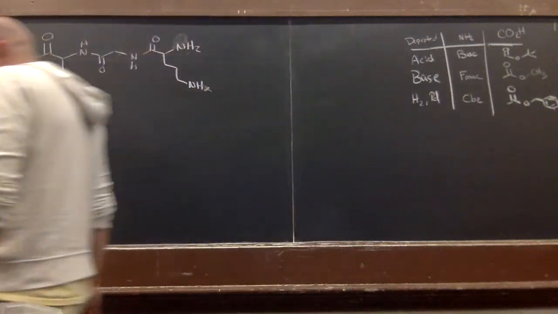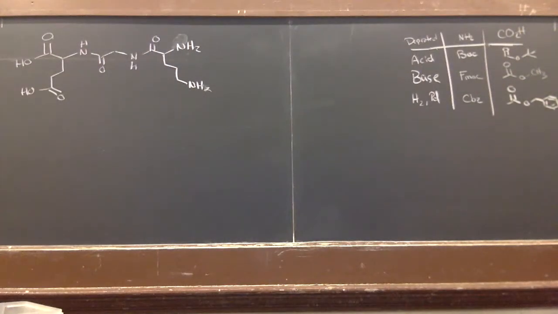So the first thing that we would probably want to do in this problem, though, is just start by asking the question, what are the amino acids that we're going to start with? And that should be fairly straightforward, right? We'd simply look at where the amide bond disconnections take place. Because in peptide synthesis, it's the reaction between an amine and a carboxylic acid that is going to ultimately make the amide bond. So any place that you see an amide,